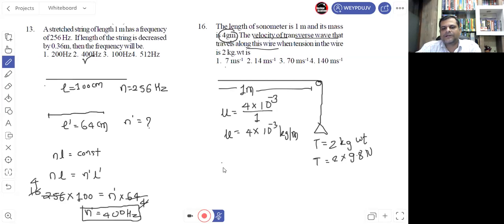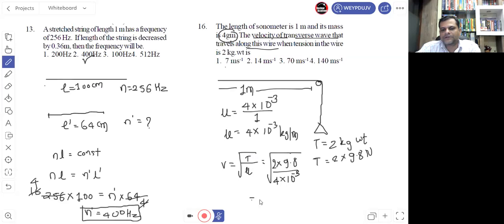So what is the formula for velocity? v is equal to root of T by mu, remember, everyone? So if we use this here, we will get root of T, which is 2 into 9.8, that means it is 19.6, right? Or let's keep it as it is, 2 into 9.8, and that is to be divided by mu, where mu is nothing but 4 into 10 raised to minus 3,